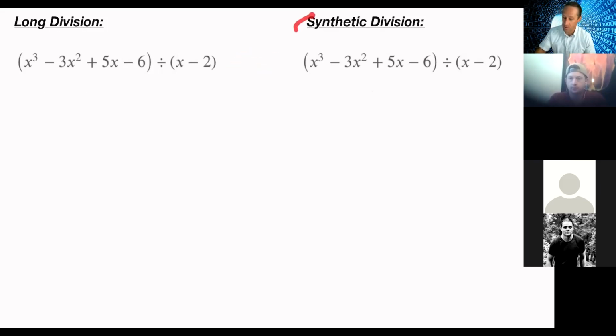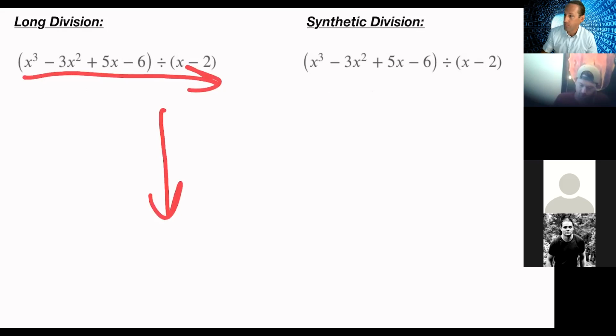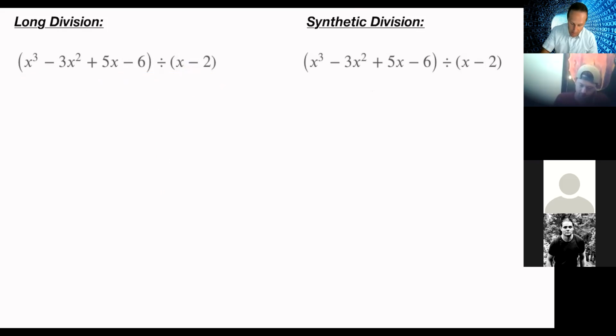Because you can only use synthetic division certain times, you also have to know how to use long division. Okay, so check this out. Make sure that you know how to read. What I mean by that is we read left to right and top to bottom. So this says take x cubed minus 3x squared plus 5x minus 6 and divide it by the x minus